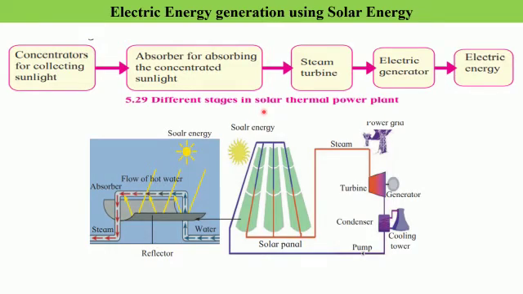We now come to the last topic of the lesson, that is solar thermal power plant. Just as the light energy that we obtain from the sun can be converted into electrical energy with the help of photovoltaic cells, we can even make use of the heat radiations of the sun to produce electric energy. Let us first see and understand what are the different stages in a solar thermal power plant. Concentrators for collecting sunlight. Concentrators or reflectors,